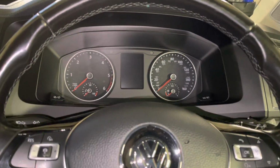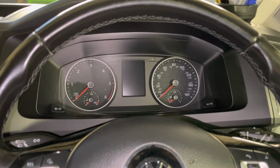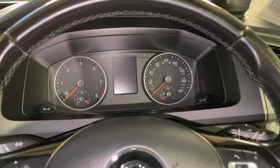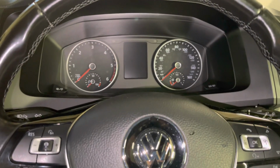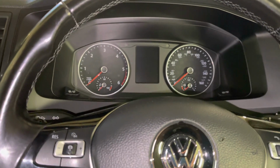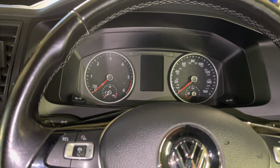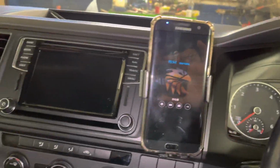Hi, in this new video I will show you how to reset a fixed interval, which is the long life service on VW Transporter 2017. For that we need to, the ignition has to be switched off, turn on the hazard light